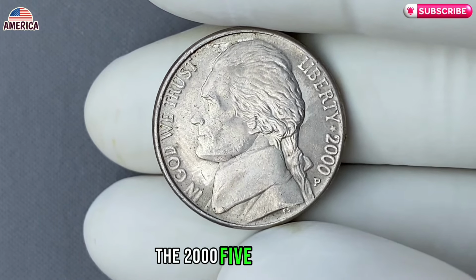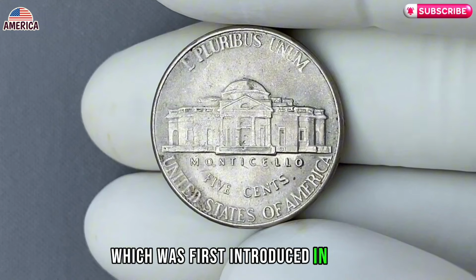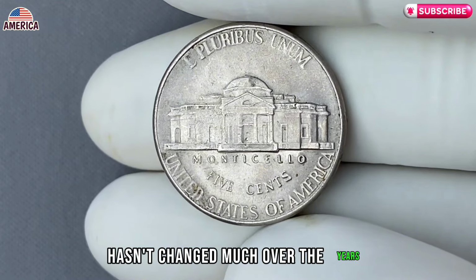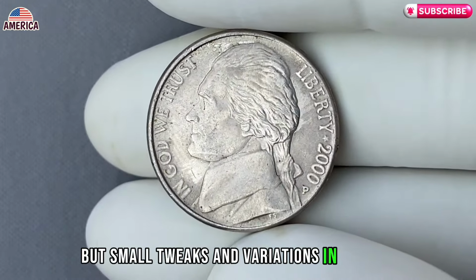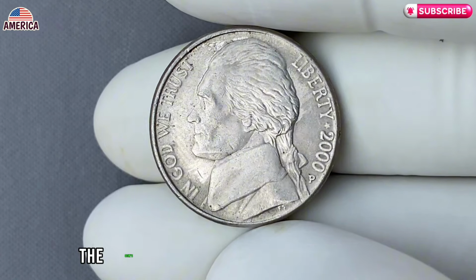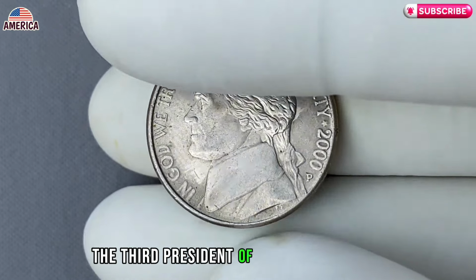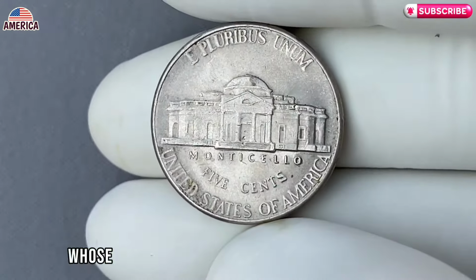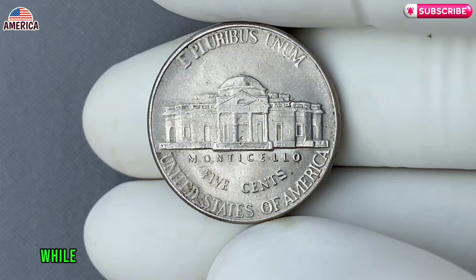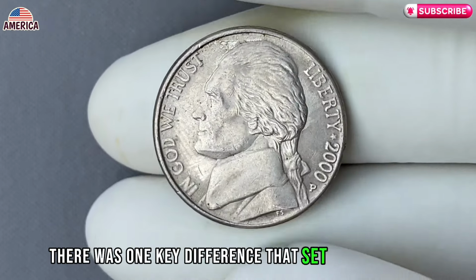The 5-cent coin is part of the Jefferson Nickel series, which was first introduced in 1938. The design of this coin hasn't changed much over the years, but small tweaks and variations in minting have kept collectors on their toes. By the turn of the century, the coin's design was still centered around the portrait of Thomas Jefferson, the third President of the United States, a founding father whose influence on the country's development cannot be overstated. However, while the design itself remained relatively consistent, there was one key difference that set the 2000 coin apart